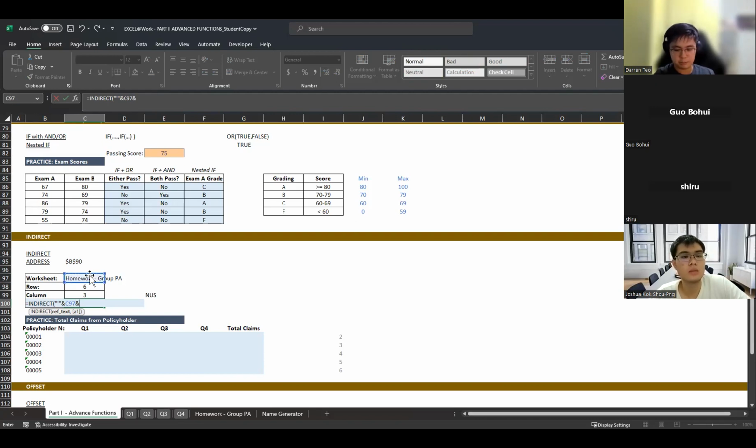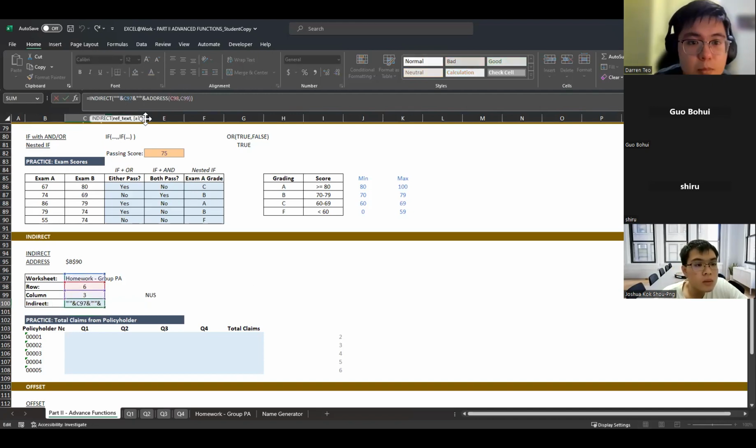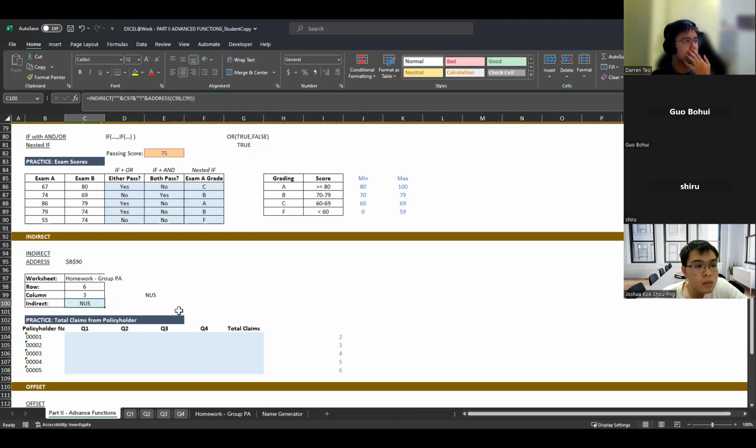Don't worry, let me just key in this syntax because it's quite a troublesome syntax. And ADDRESS row 6, column 3. You see some reference error. I didn't put the exclamation mark here.